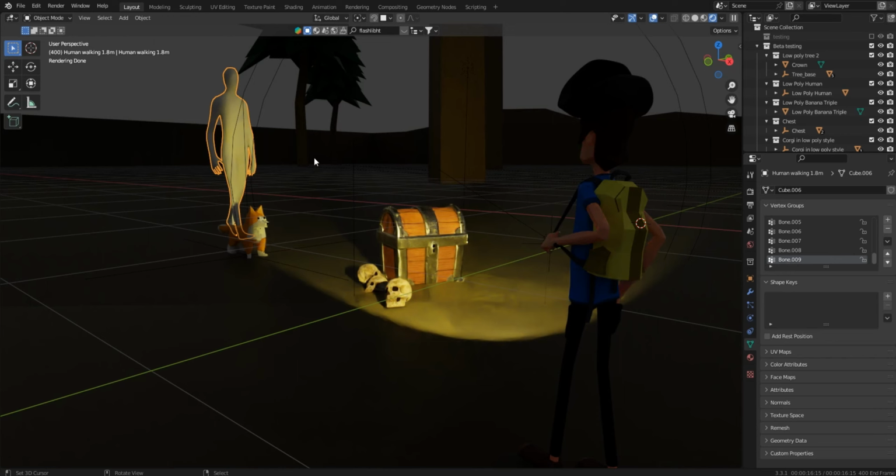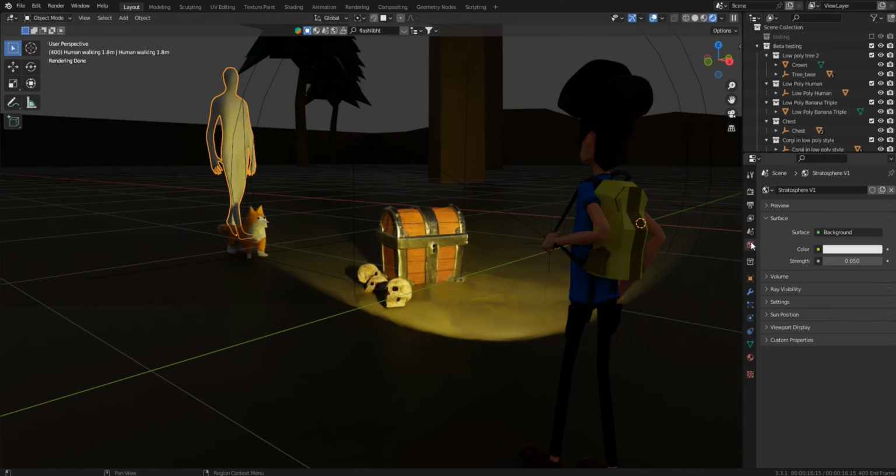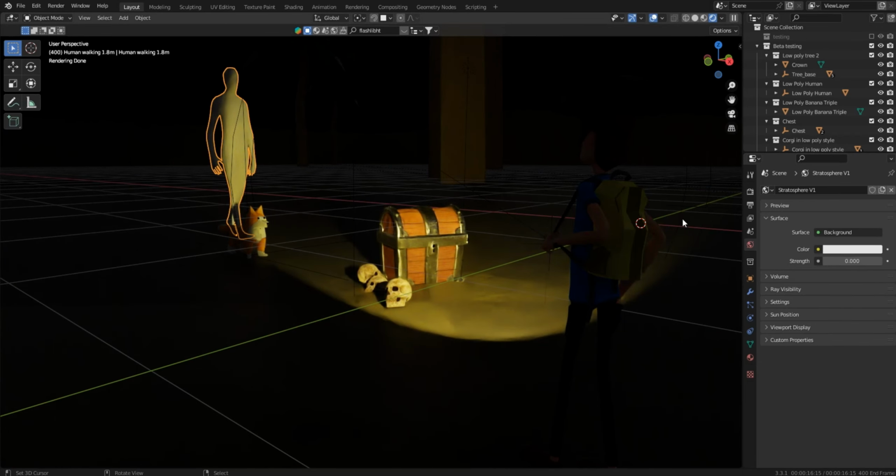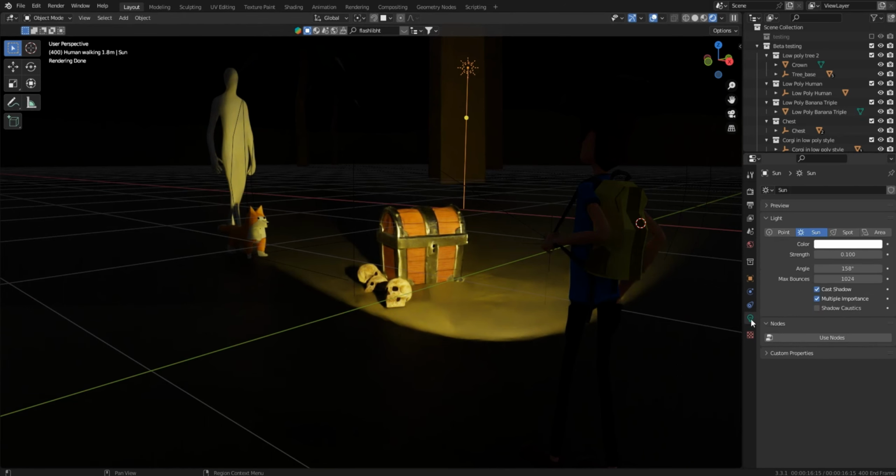But your viewer really needs to be able to look at your illustration and know what it means. What do you think is happening here? He's on an island, and it's early morning perhaps, and he's on a treasure hunt. So if I take the light down to next to 0 here, and I'll maybe turn this light up a little bit,